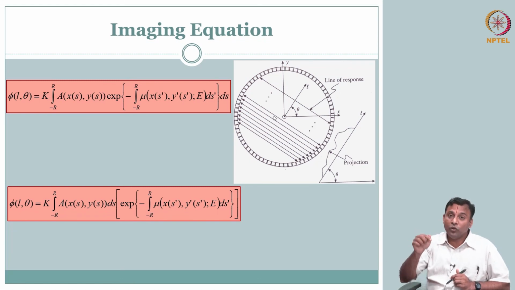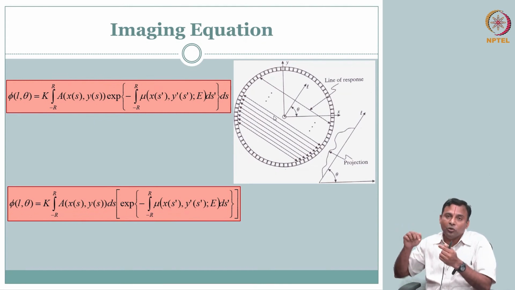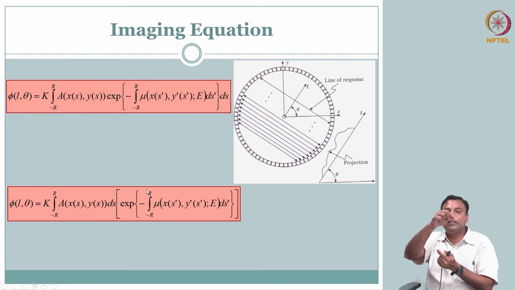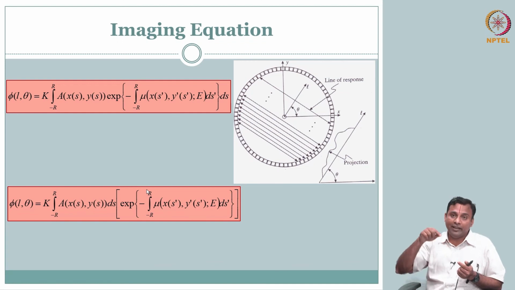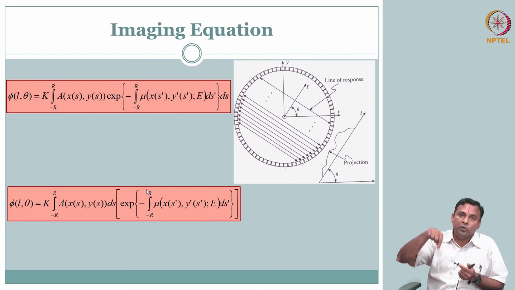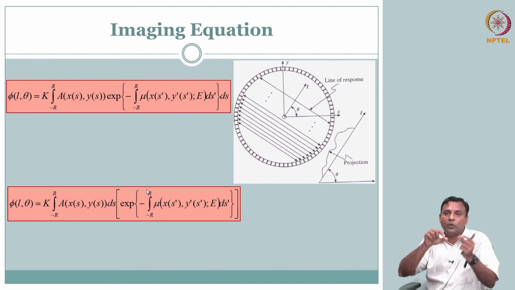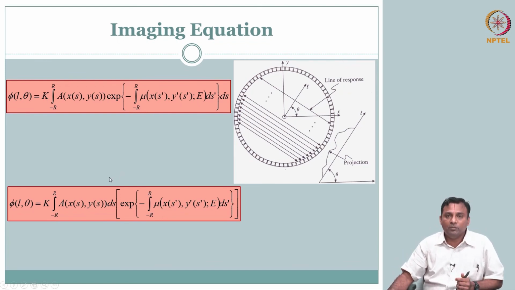So you do not really need to know where along the line. Remember, I could use the projection data. I do not really need to know my mu along the line, because this is full minus R to R. So I just need to know the projection of the mu, that much I know. If I can get that, the problem is solved. Unlike your SPECT, where you should also know the location of your mu, how the mu is distributed along the line x comma y. Only then you can start one part, the other part. Of course, here that is not the problem.